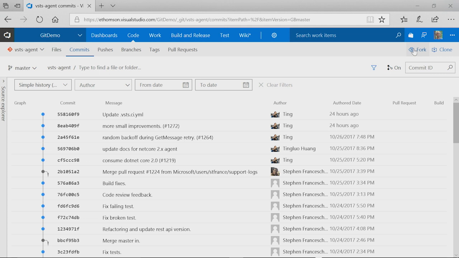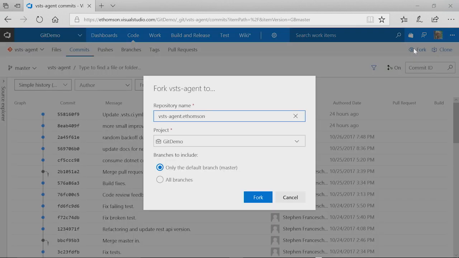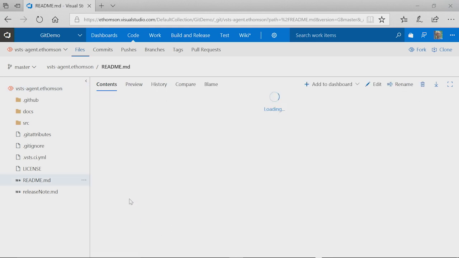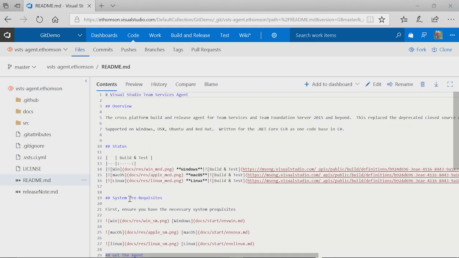If I click the fork button, I'm given the option to create a new copy of this project. And when I do, now I have a duplicate of the repository that I actually have write access to. That means that I can make a change to one of these files. I could clone the repository locally, but I can even make these changes right here within the web UI. This is the same rich text editor that's used in Visual Studio Code, only hosted online. All I have to do is click the edit button,